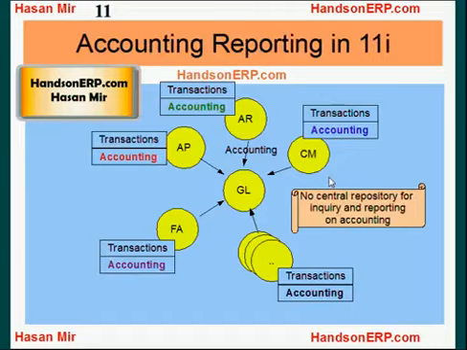Okay, now another problem in release 11i was that no central repository was present for inquiry and reporting on accounting. As you already know, accounting would reside in each of the modules, so there was no central place where a user could go and view all the accounting in its raw form before it was sent over to general ledger, by having one window to see all the raw accounting created, or a central place to run reports